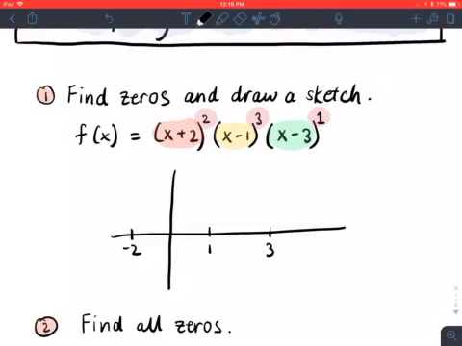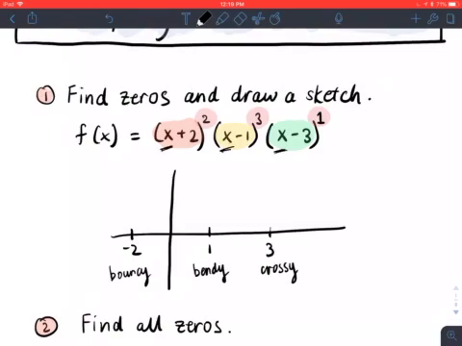This means that this root will be bouncy. This root will be bendy. And this root will be crossy. Lastly, we need to figure out the end behavior. Notice that